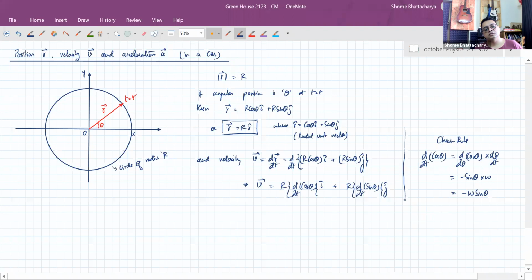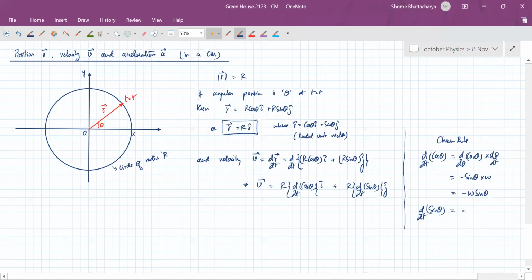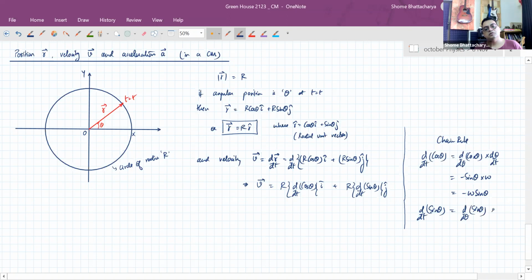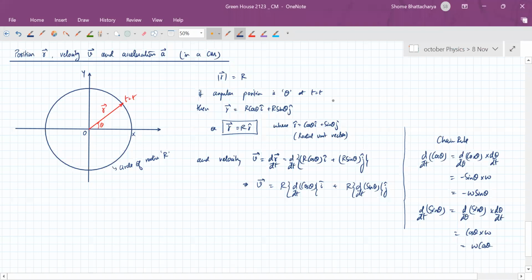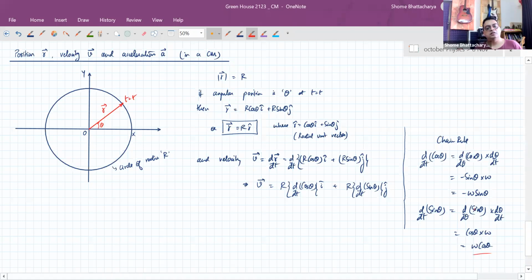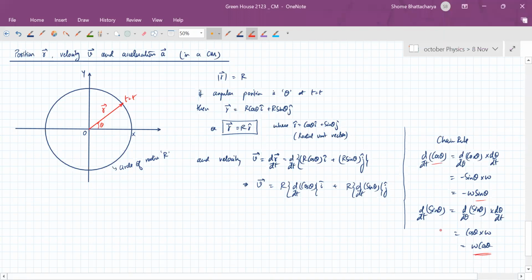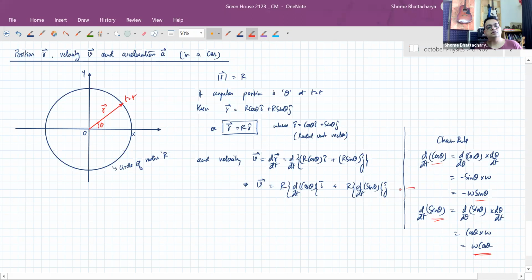And likewise, differentiation with respect to time of sin theta will become derivative of sin theta into d theta by dt. It will become omega cos theta. So these two values now have to be plugged in. These are the values for this term and this term. So we plug them in here. This equation becomes